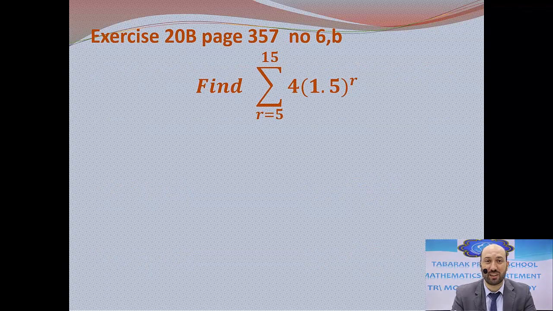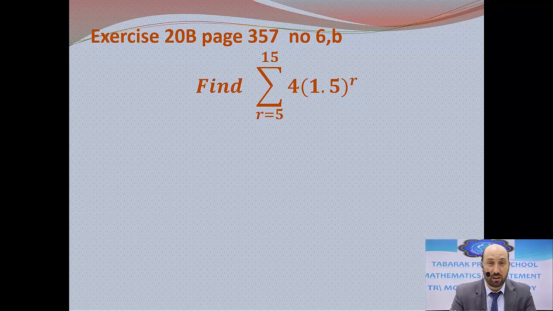And now we have exercise 20b, page 357, number 5b. Find the sum of the nth terms starting from the fifth term, when r equals 5 to the 15th term, with a relation of 4 times 1.5 power r. So here we have the terms from the 5th term to the 15th term, and the relation is 4